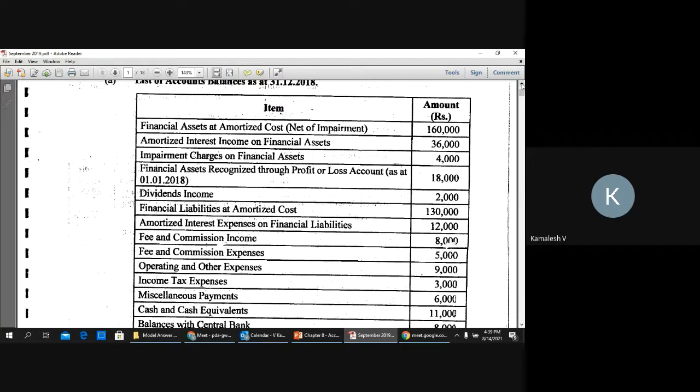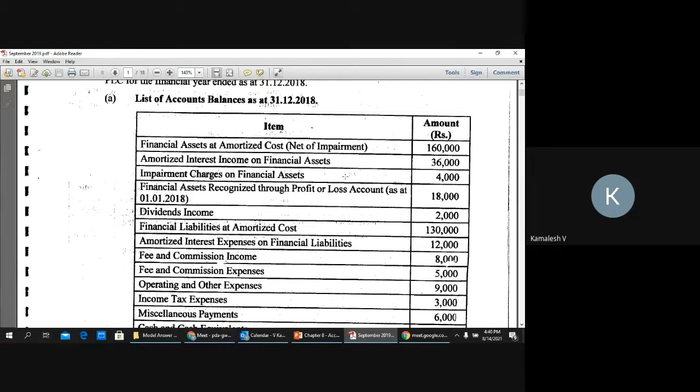So this is how the exam question will be. You might get a list of account balances, and based on that, there are some adjustments also given. Once you incorporate the adjustments, you are required to prepare the trial balance. So it's not the trial balance that we did in the class just now. The trial balance that you may have to prepare is somewhat a complex one. This is just to give you an idea about how it will look.